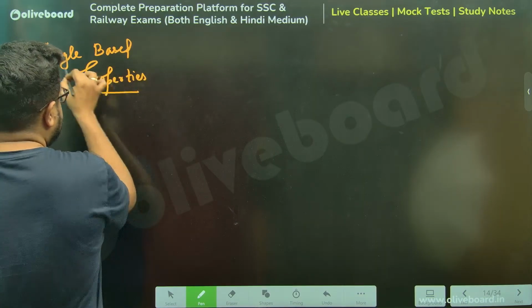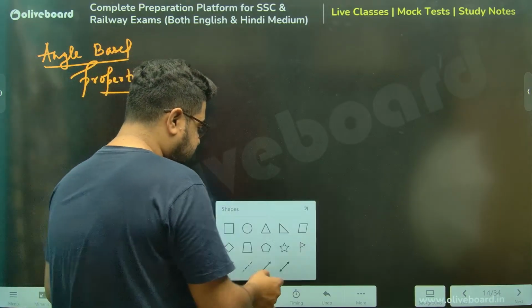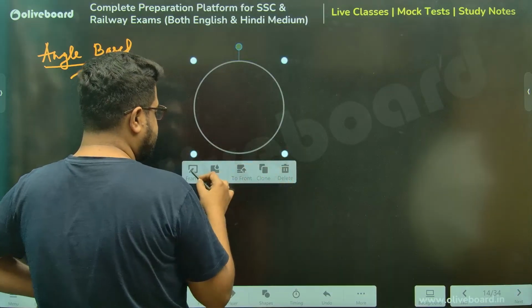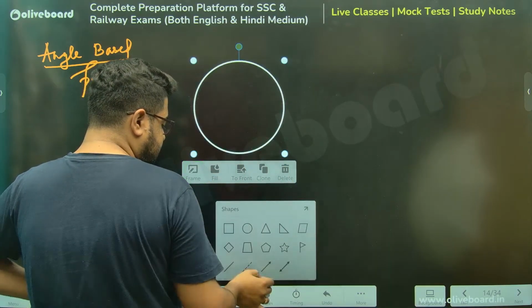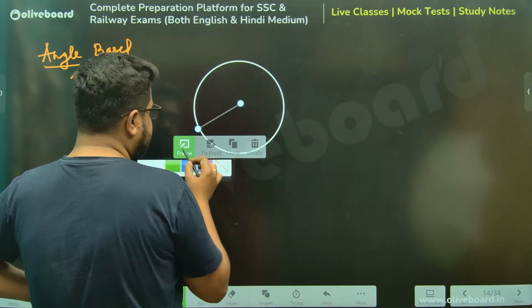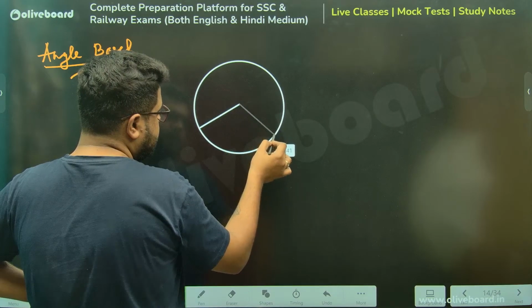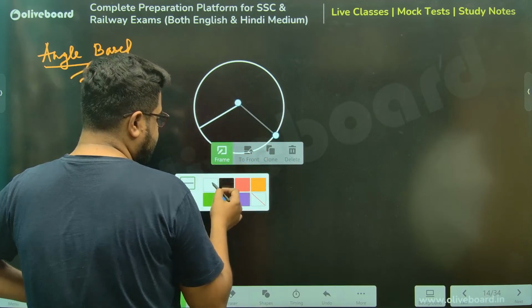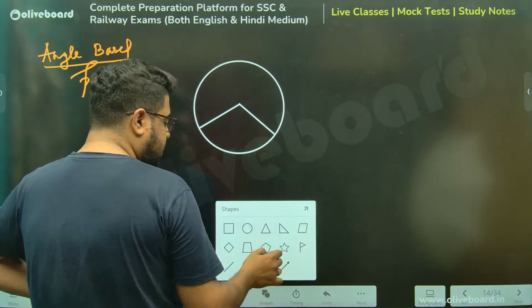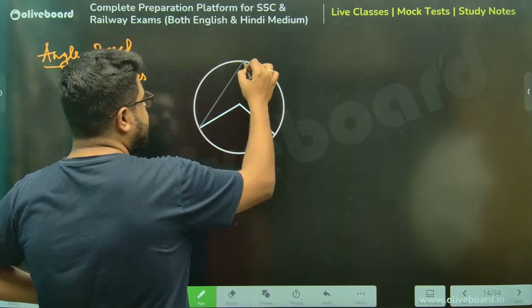Sir, angle-based, there are predominantly 3 properties. The first one is the most important one. The remaining 2 are corollaries actually. Angle-based properties say, if this is your center, and you have taken an arc which makes a certain angle at the center, and you take a point on the circumference and join it with the arc,